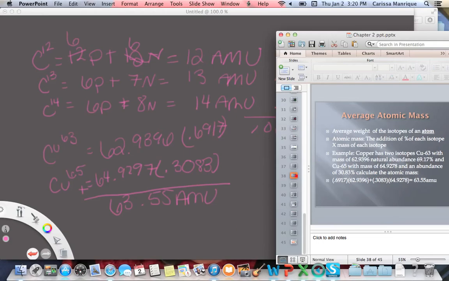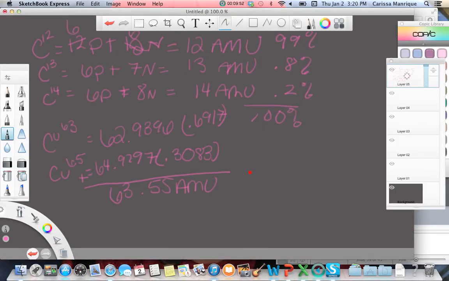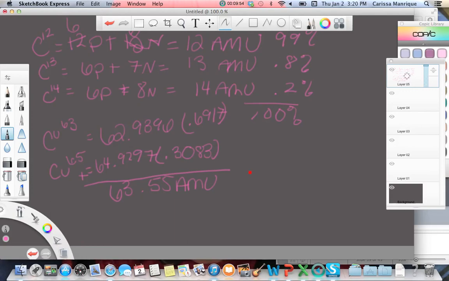So if we go on to the next thing, the molar mass. So what is a molar mass? Well, it's pretty simple. The molar mass is actually equal to 1 AMU. So this AMU right here, 63.55 AMU equals 63.55, and the molar mass we say is grams per mole. So if we have, this is copper,